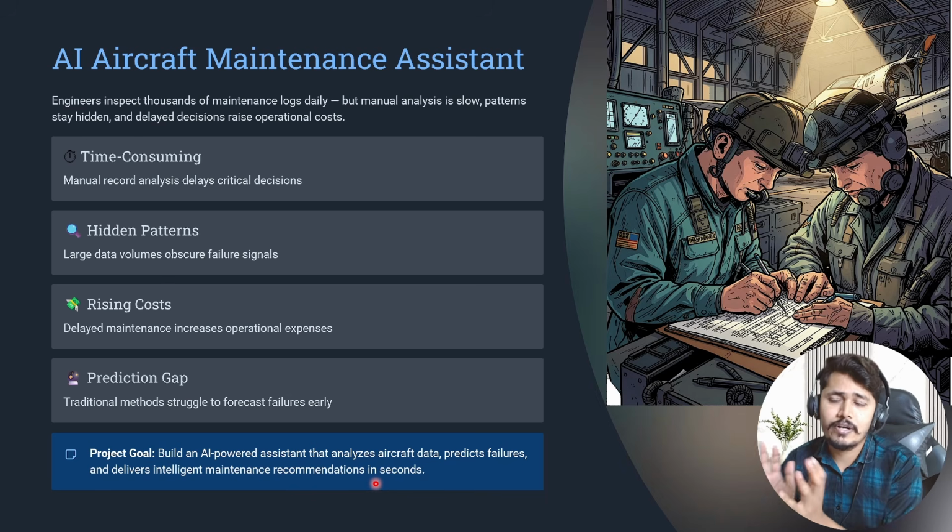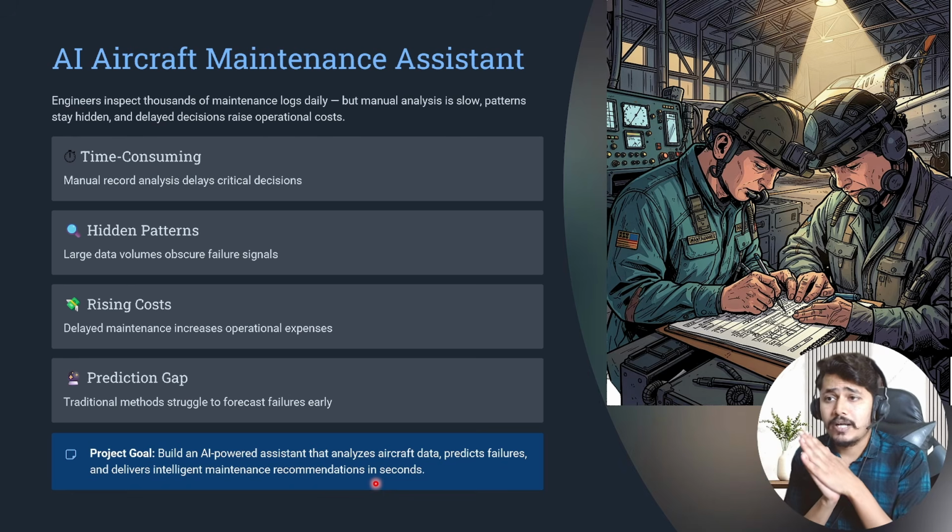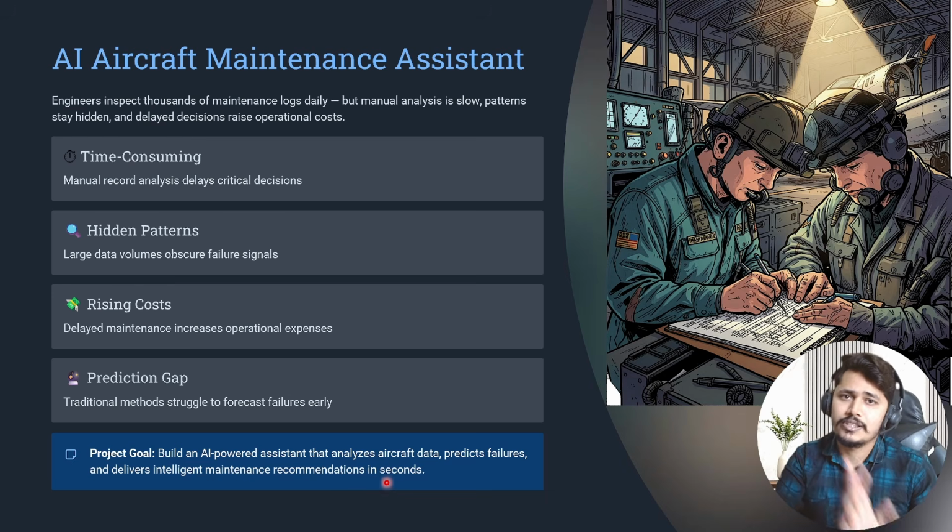So that manual we are going to provide to the AI assistant, and based on that, it is not only going to predict the failure points, but it will also generate the recommendation, and at the end it will give the maintenance steps that we need to follow. It will generate a job card as well, which we can pass on to the ground staff, where they can go ahead and perform that particular